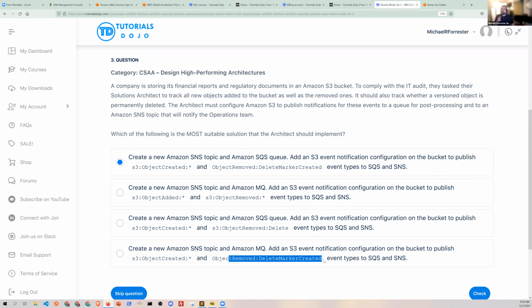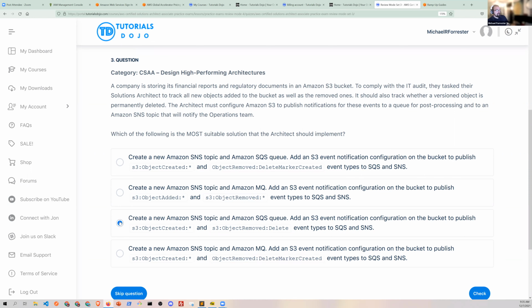In general, Amazon's going to favor their higher managed services over their lower managed services. So if you have a choice between EC2 and Lambda, they're going to ask you to choose Lambda. If you have a choice between EC2 and containers, they kind of prefer you to use containers, right? If you have a choice between DynamoDB and rolling your own SQL database in EC2, they're going to want you to use DynamoDB.